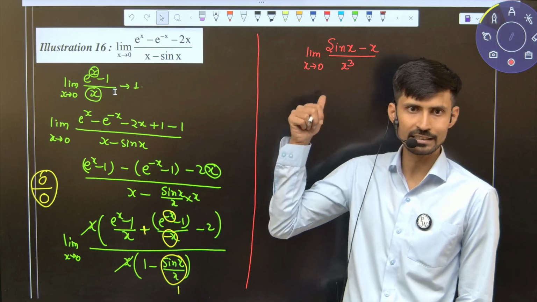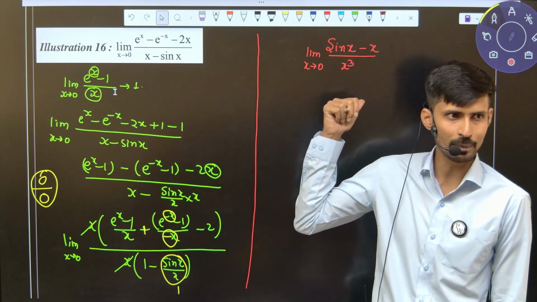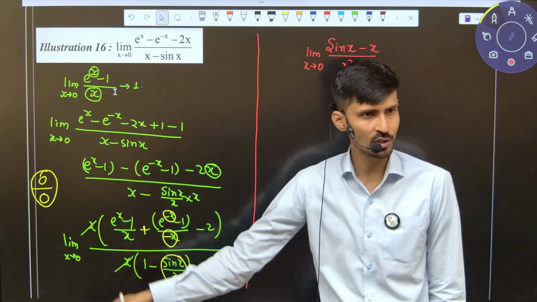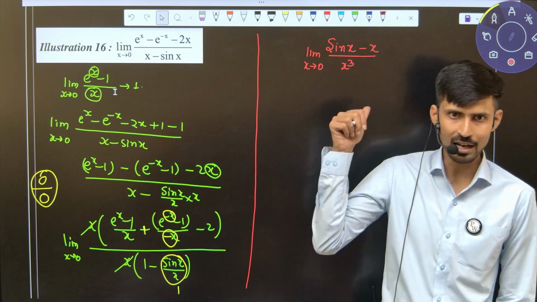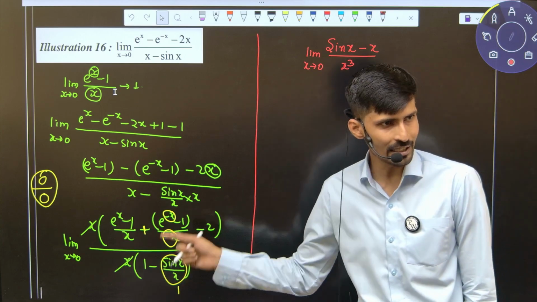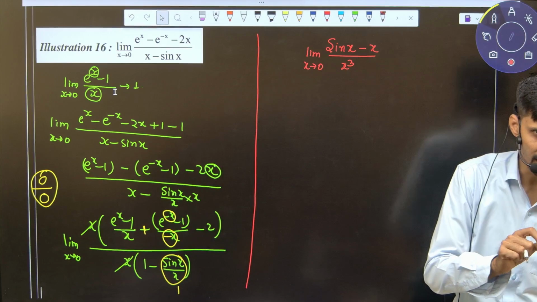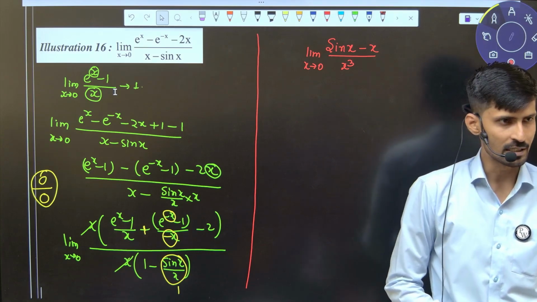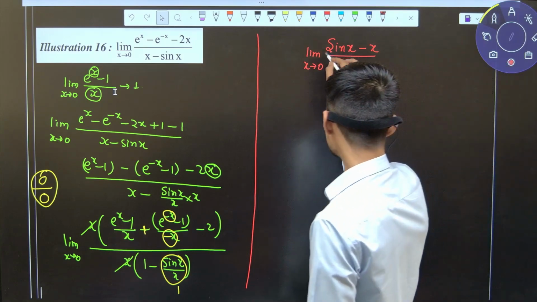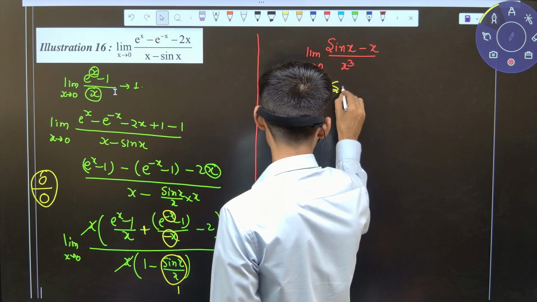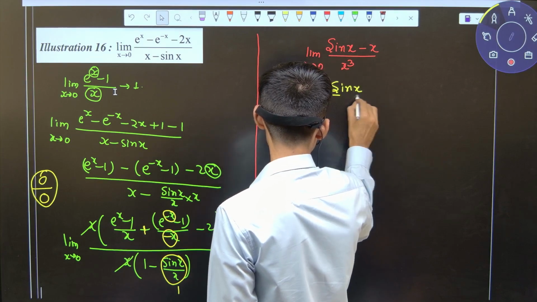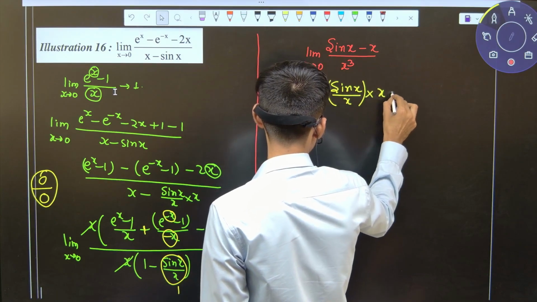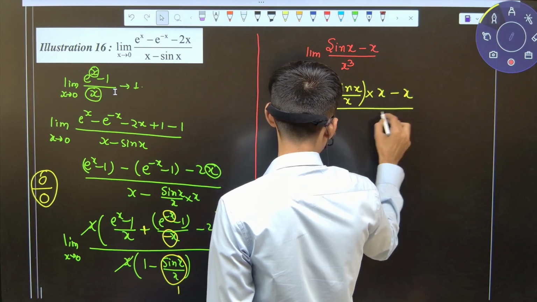Now let's see, are we facing the same problem here? Like after applying the formula also, this 0 by 0 is not removed. Let's check, are we facing the same thing here? If we are facing the same thing, then we'll see one pattern. If this pattern is happening in a question, it means we have to apply expansion. Now here only sin x is there, so to balance the 0 of sin x, I will write sin x, I will multiply x here, divide x here,